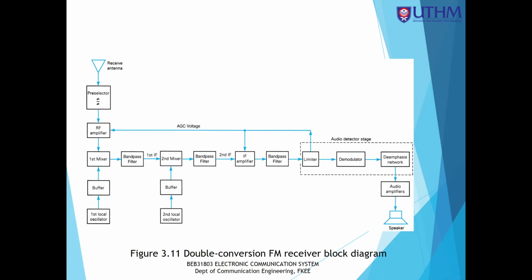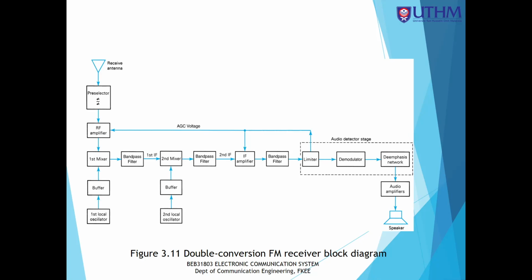If you remember, in amplitude modulation, the AM receiver has one mixer converter. That means in AM, we are doing only one frequency down conversion from the RF frequency band into